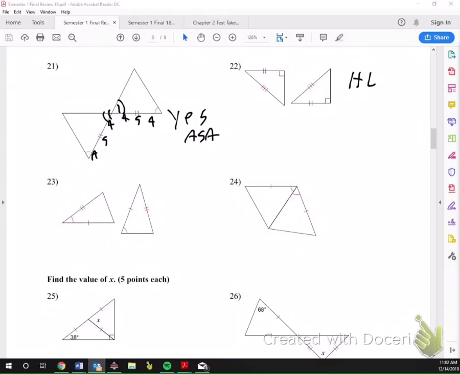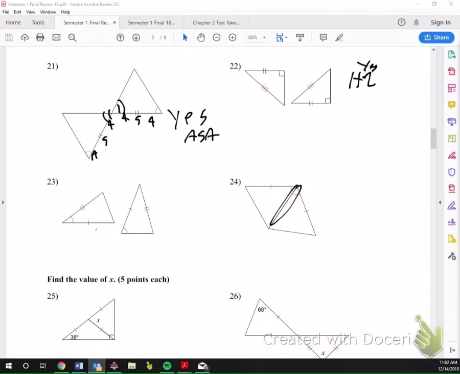Because the only time you can have a hypotenuse is if you have a right triangle. So, moving on to number 23. Apparently I was really tired or really not paying attention when this happened. So, 23